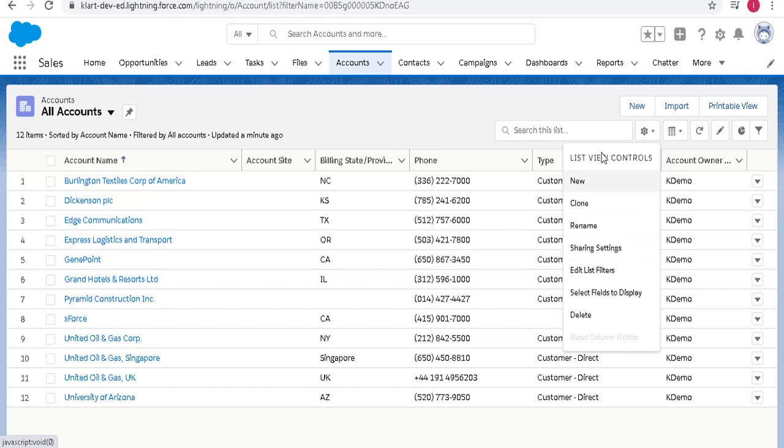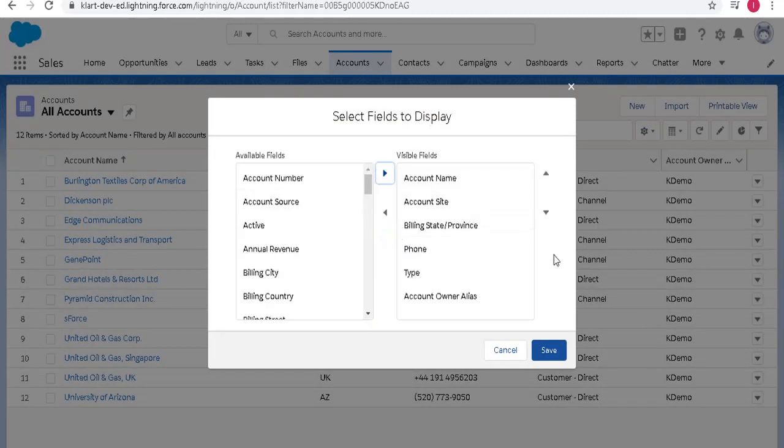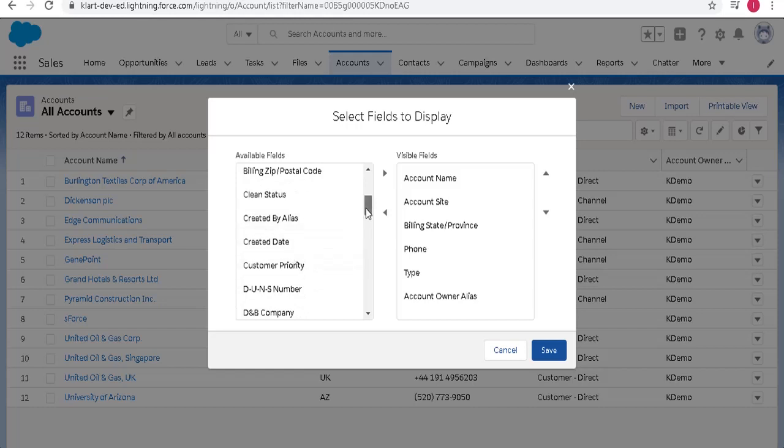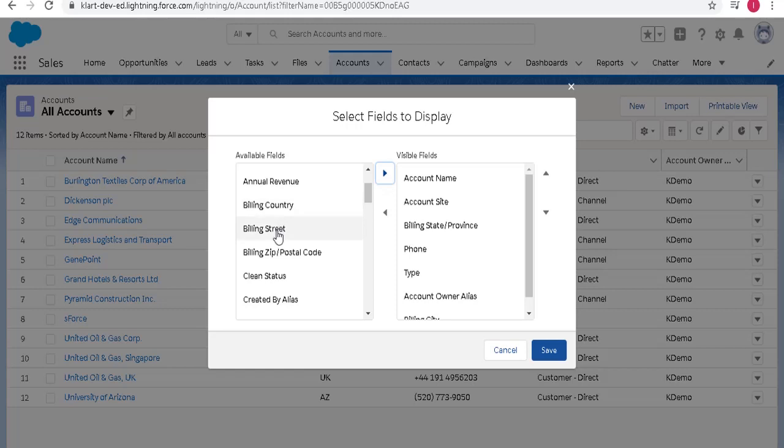Select the fields to display. By using this, you can select which fields you would like to display. These are all the available fields, and these are all the visible fields. If you don't want to display these fields, you can toggle them back. If you want to add any new field from this list, you can toggle here, select that, and click here.